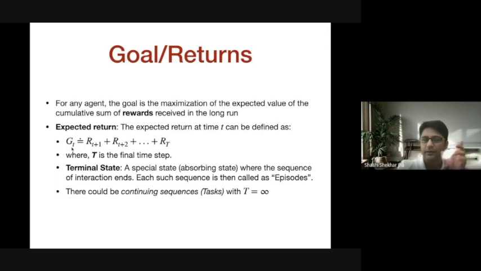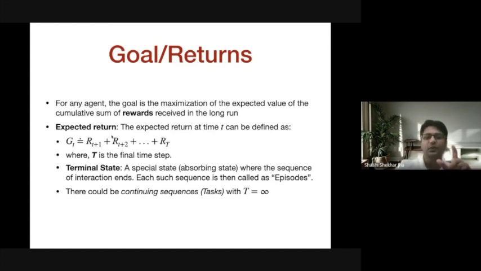There's one important thing here. This is a simple return for one particular episode. It is nothing but the sum of the rewards that the agent can receive. However, if you see the definition, it says expected return. Why expected return?